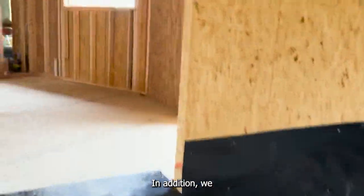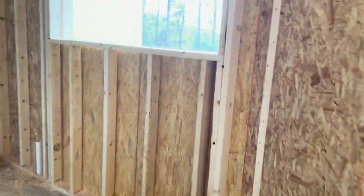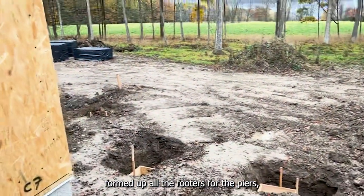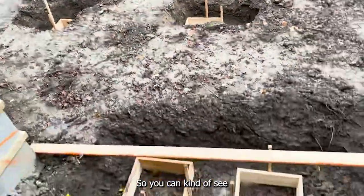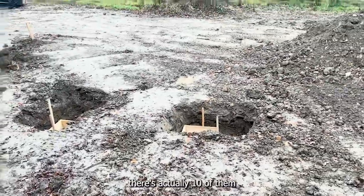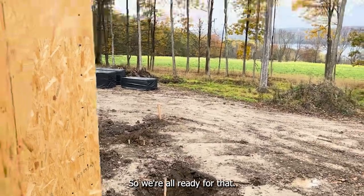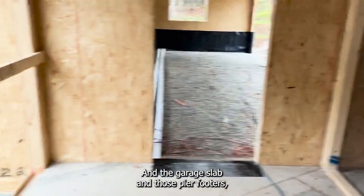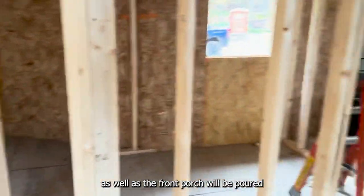In addition, we formed up all the footers for the piers for the deck. So you can kind of see there's actually 10 of them that wrap around that side of the house. So we're all ready for that, and the garage slab and those pier footers, as well as the front porch, will be poured